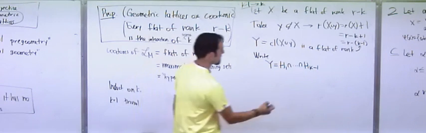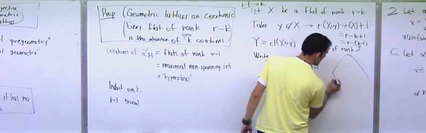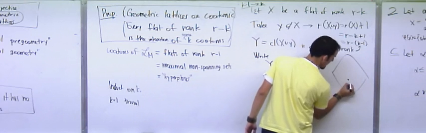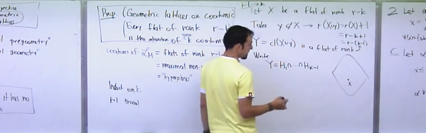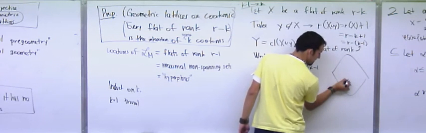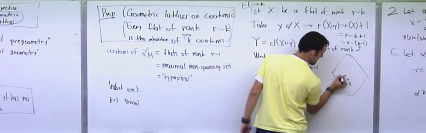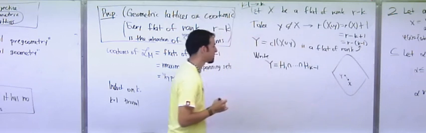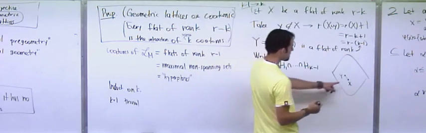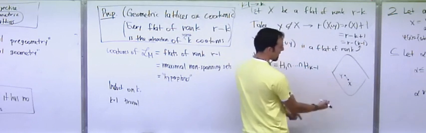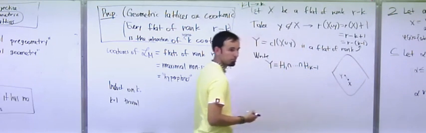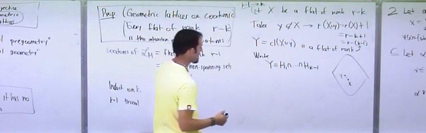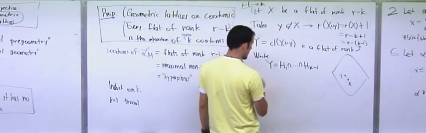Now, again, the idea is that here's my lattice of flats. Here's the guy X that I want to obtain as an intersection of hyperplanes. So what I did is I moved up one step, and I wrote Y in the way that I want to write it. Okay? Now what I want to do is basically add another hyperplane to the intersection and get to X. Okay? So what is the other plane that I'm going to add? Well, I'm going to